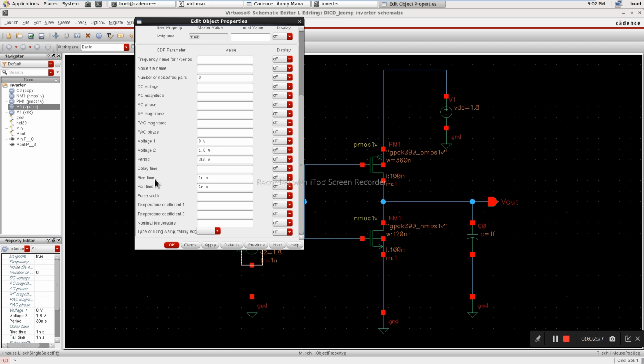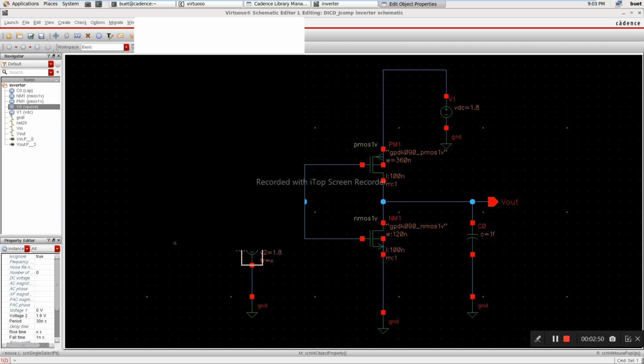You can see the delay time, we won't touch anything. Rise time, you see, right? We have to vary the rise time, so I'll give it as a variable, x. And the fall time I won't vary, I'll keep it as one.